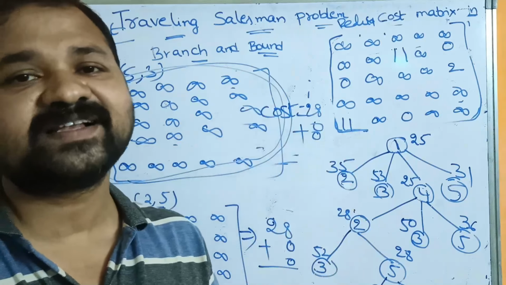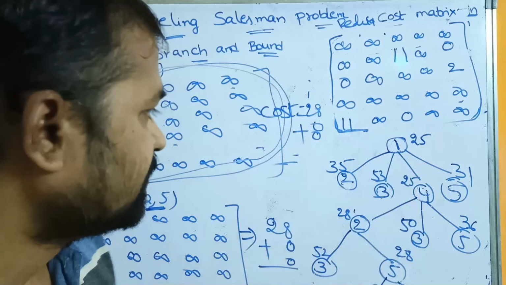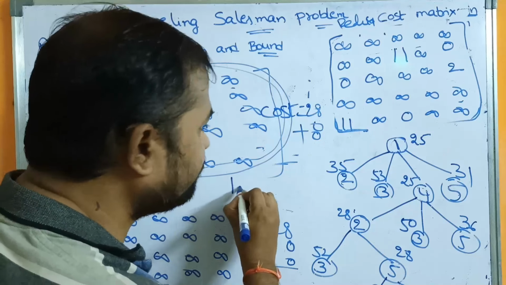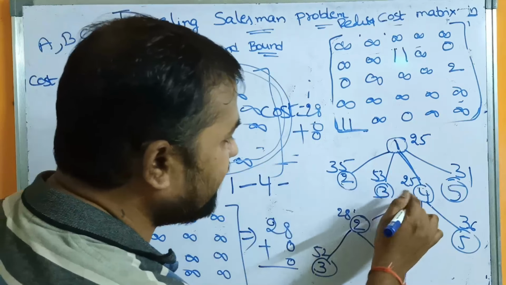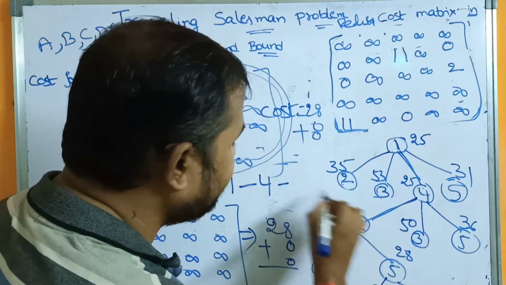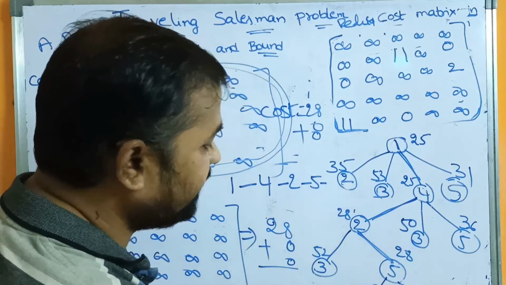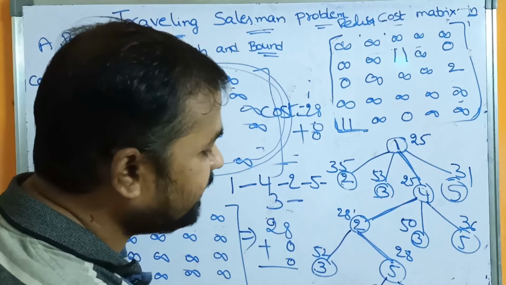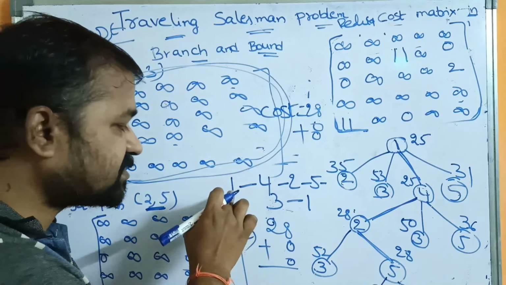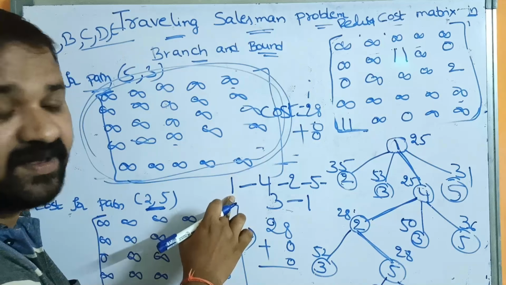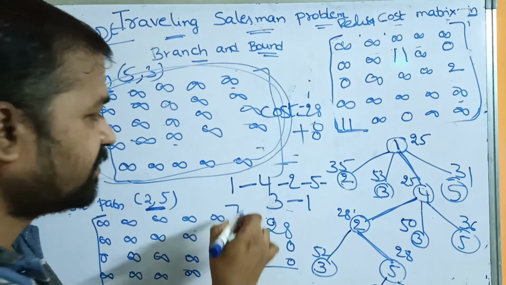So traveling salesperson problem means we have to find out in which order we have to visit the cities. So first we have to visit the first city. Next we have to visit the fourth city. Next the second city. Next the fifth city. Next the third city. And then we need to visit the first city. Why? Because here we are starting from source vertex 1. So after visiting all the vertices, again we need to visit the first vertex only. So this is the order.